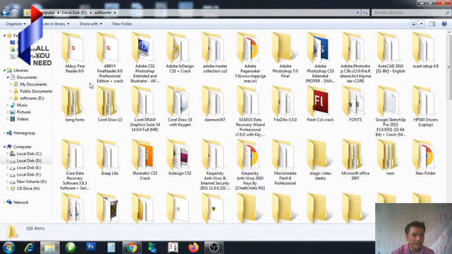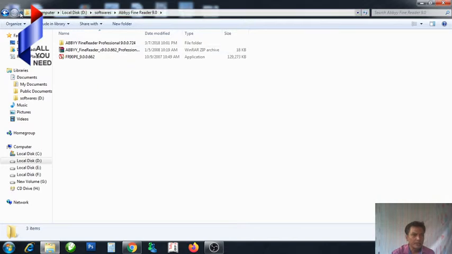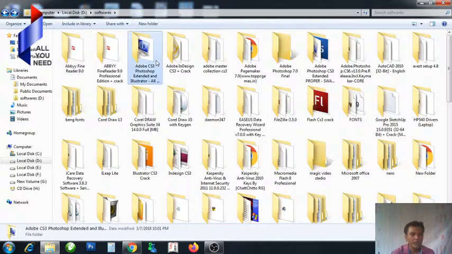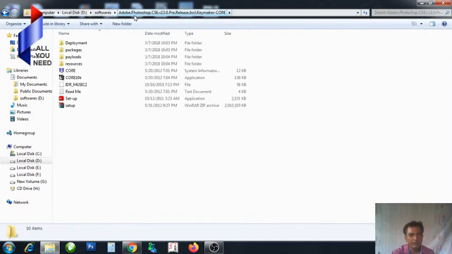Now if I open this, in Windows 8.1 you will get a back button and a forward button here. So I can open from here also. I can go to the software folder. And here we have the up button. This place is called the address bar. The address bar says it is in Computer, Local Disk D, and this is the software folder. If I open any folder here, suppose I open the Adobe Photoshop software, you can see it again came Adobe